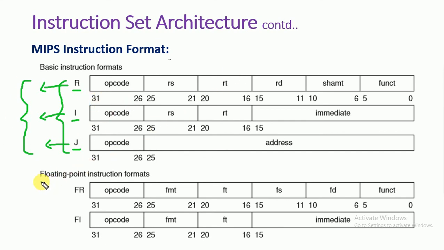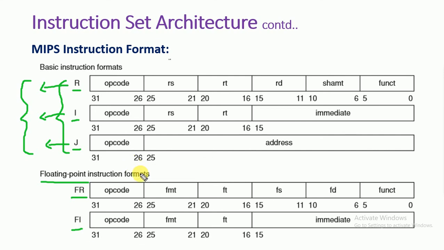And we have a second category, that is floating point instructions. We are using the FR and FI instruction formats. FR is floating point register, FI is floating point immediate. We have taken some formats only, not the entire set. Even then, for floating point we will also have a jump operation, similar to the previous one, which has the same format only. That is why we are not including it once again.